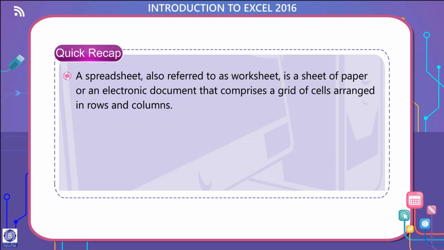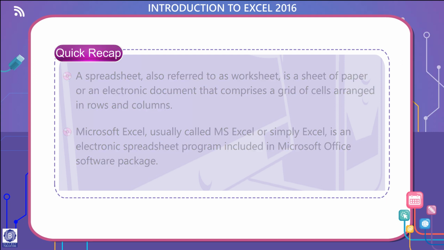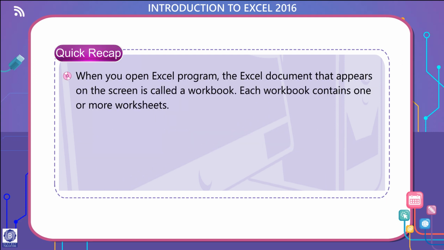Quick recap. A spreadsheet, also referred to as worksheet, is a sheet of paper or an electronic document that comprises a grid of cells arranged in rows and columns. Microsoft Excel, usually called MS Excel or simply Excel, is an electronic spreadsheet program included in Microsoft Office software package. When you open Excel program, the Excel document that appears on the screen is called a workbook. Each workbook contains one or more